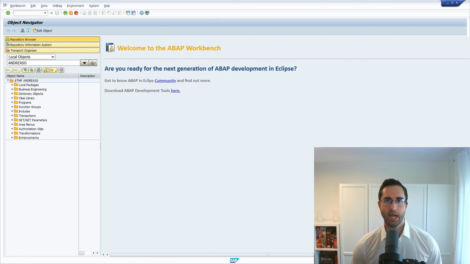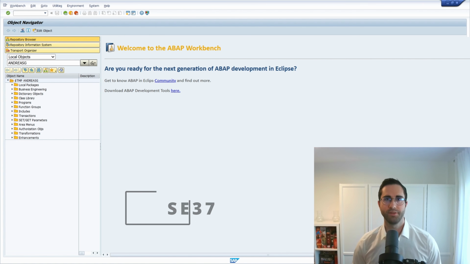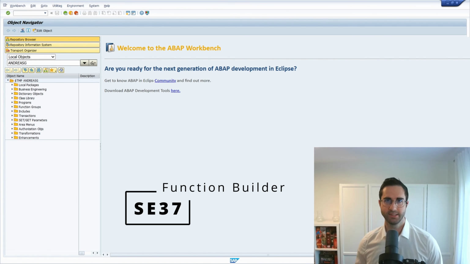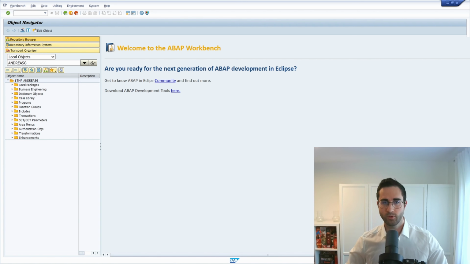Every ABAP developer is familiar with the tools available in the SAP GUI, like within here the object navigator with the transaction code SE80, the ABAP editor SE38, the function builder SE37, the class builder SE24, and so on. And of course there are a lot of useful tools to help you during your daily work and develop in